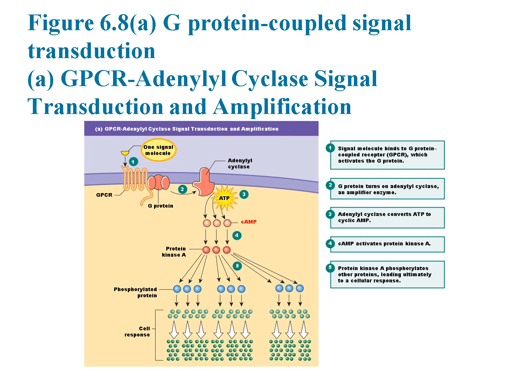Once activated, PKA phosphorylates specific target proteins, altering their activity and triggering a variety of cellular responses. These responses could involve changes in metabolism, gene expression, or even muscle contraction, depending on the type of signal received. The importance of this pathway lies in its ability to amplify the original signal, ensuring that even a small amount of external stimulus can result in a large and effective cellular response. By activating multiple downstream targets, the GPCR cyclic AMP pathway demonstrates how the body efficiently and rapidly responds to external